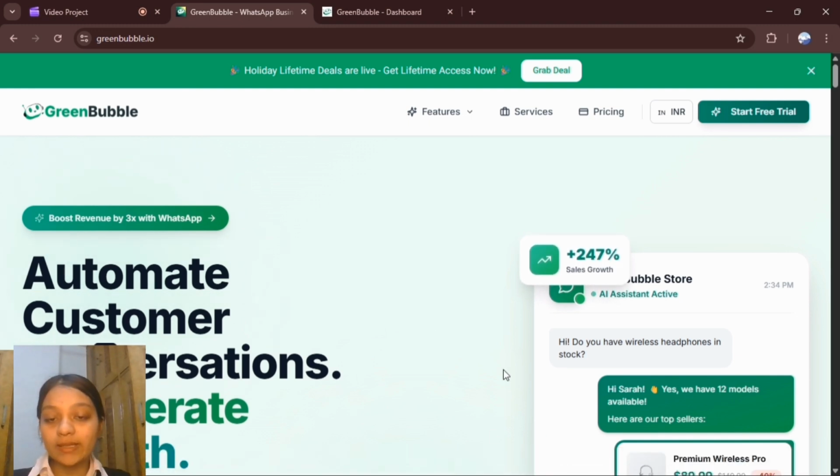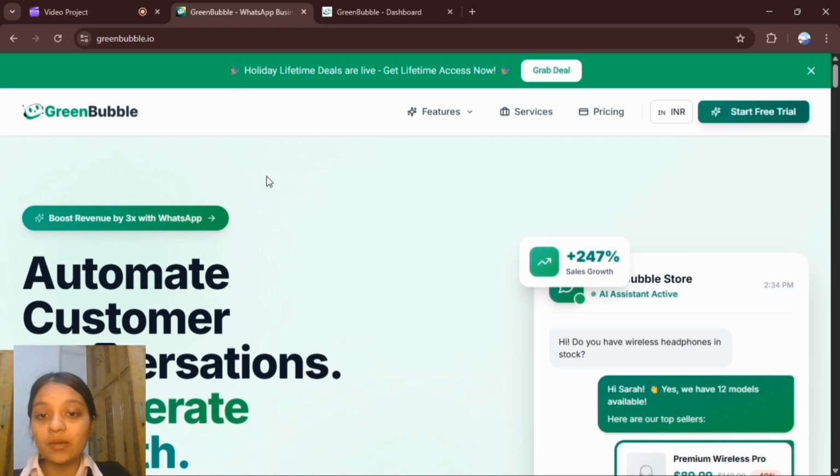So basically, a quick thing, Greenbubble actually has two different automation tools. First is chatbot and second is AI agent. So in this video, we're going to learn how we can create an AI agent. We're building an AI agent today and you'll train it on your business. It understands natural language, replies like a human and handles questions you never predicted. A simple way to think about it is the chatbot follows a script and the AI agent thinks for itself. After that, let's build one right now.